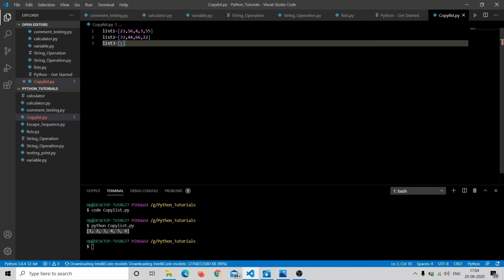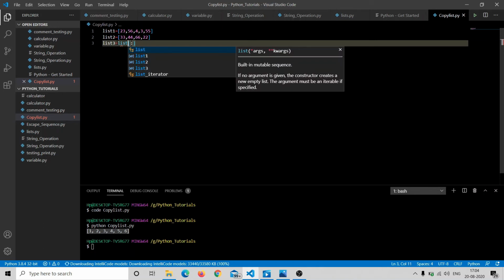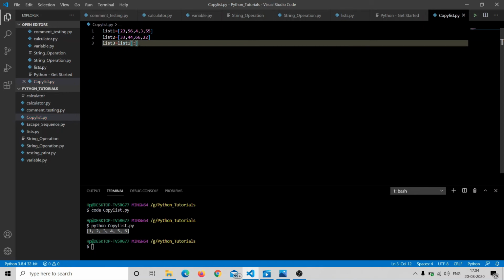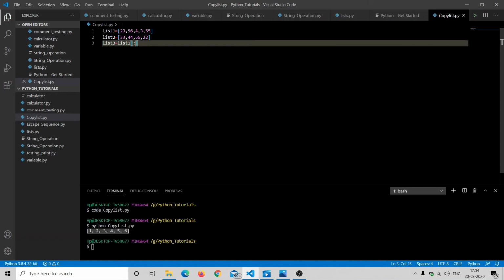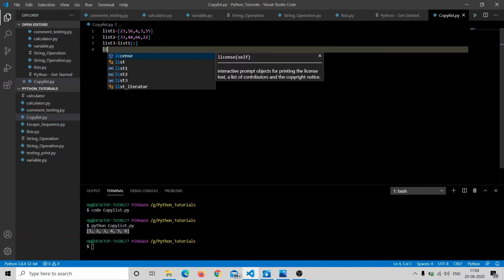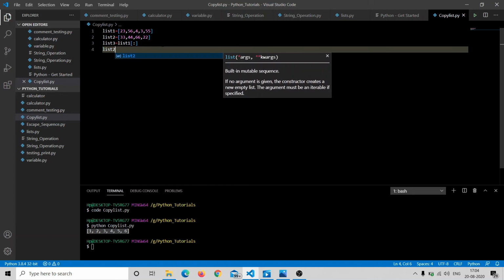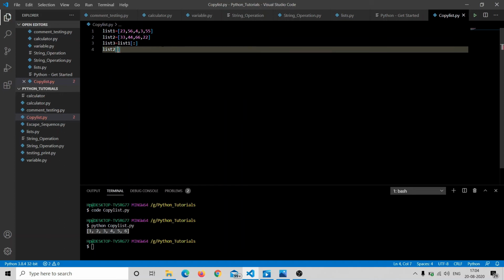And after this, just giving the variable name like list 1. So I'm omitting the starting and the final position and giving a full slice of list 1, and I wanted to copy list 1 to list 3, so here it is. And now I will copy list 2 to list 4.